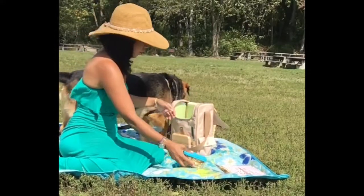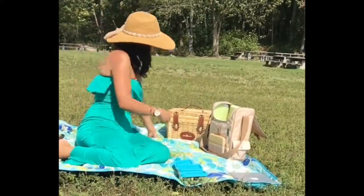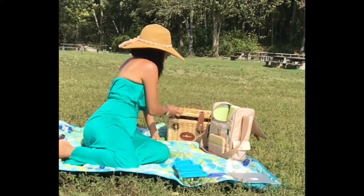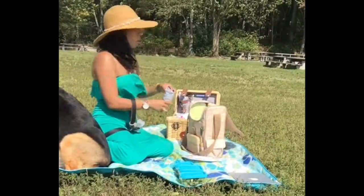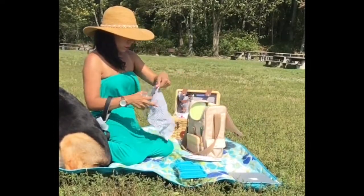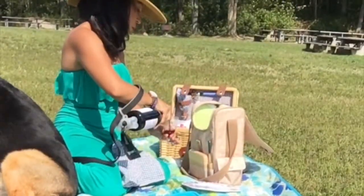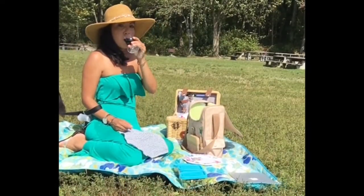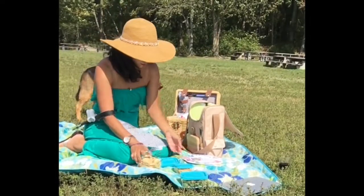When people think about picnics, they only think about having a picnic during the summertime. Technically, it's still summer. We have about 2 weeks, but the best time to have a picnic is right in between summer and fall, because there's less bugs out. It's not as hot. It's not humid. You have that nice breeze coming through, and it's just nice and relaxing and comfortable. It's that perfect weather to just enjoy a nice glass of red wine and just chill out and just be